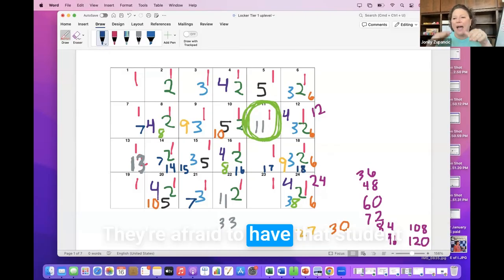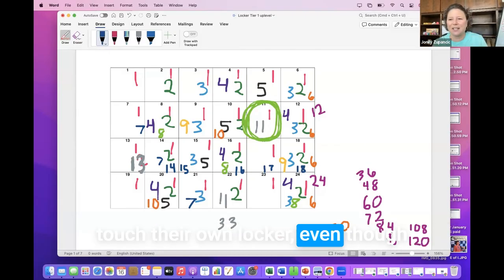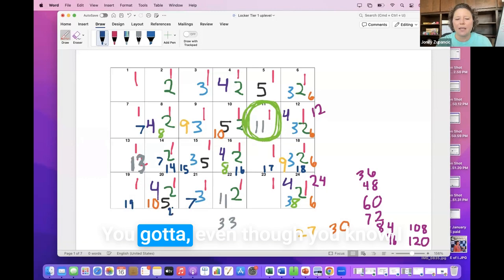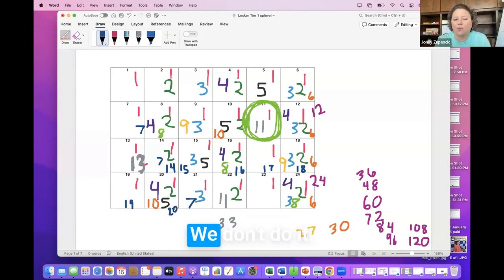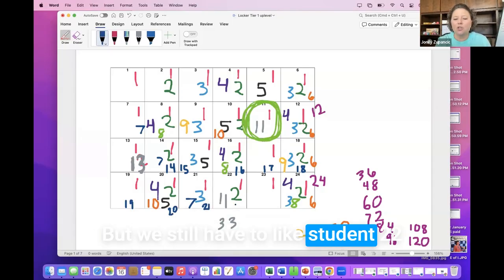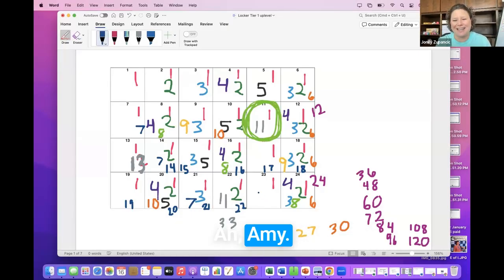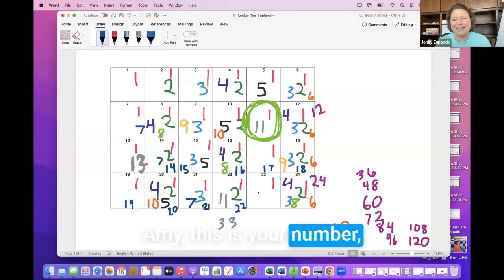They're afraid to have that student touch their own locker, even though that's what we've done all along. Yeah, there's only one, but you've got to do that. I could do 20, 40, 60, 80. It's not there. We don't do it. But student 22 still touches locker 22. Student 23, Amy, this is your number.